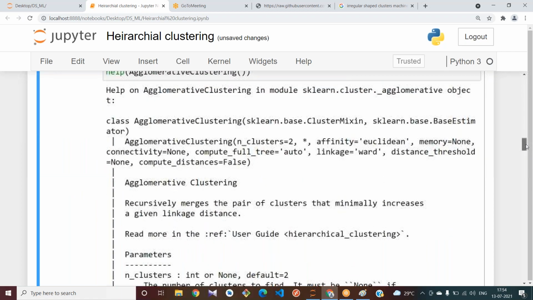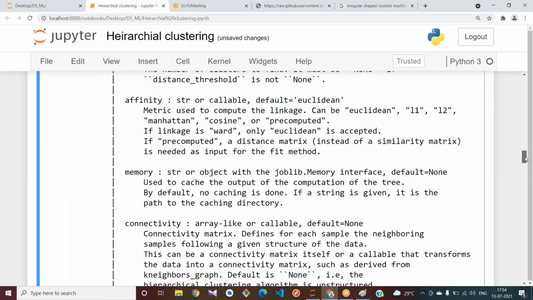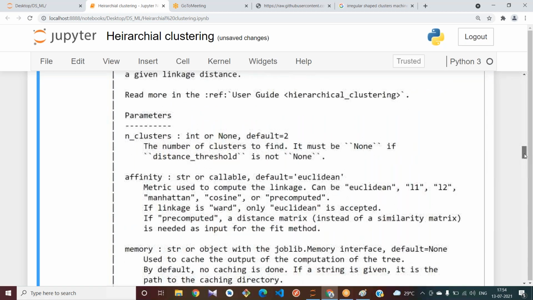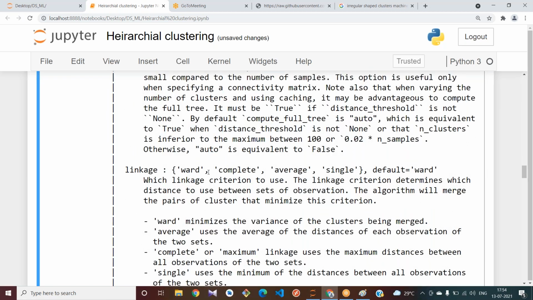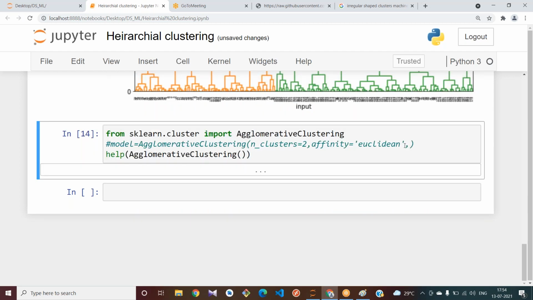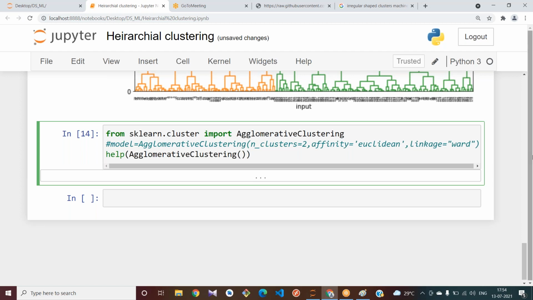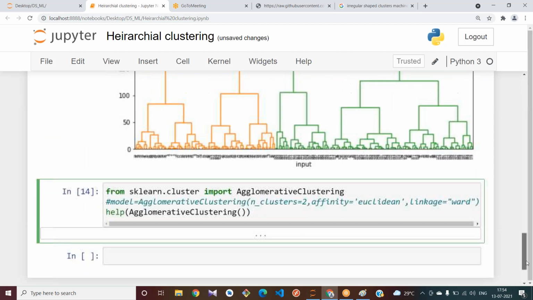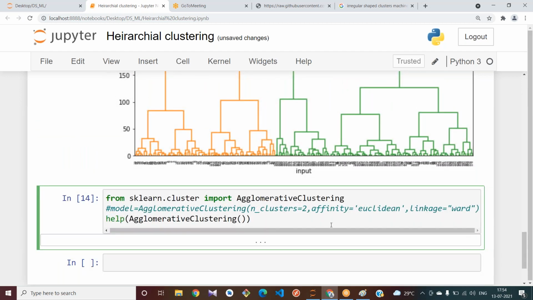Which linkage are we trying to use? Where is that linkage parameter? See, ward, complete, average, single. You may check by giving any method by comparing the Silhouette score. Let me use ward. You may use any linkage. Try to use other linkages and compare the Silhouette score.